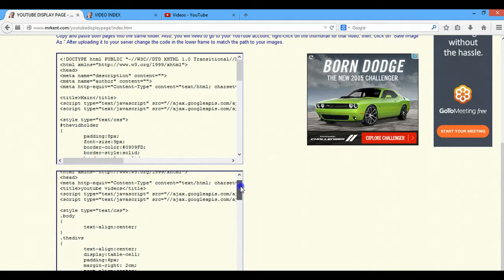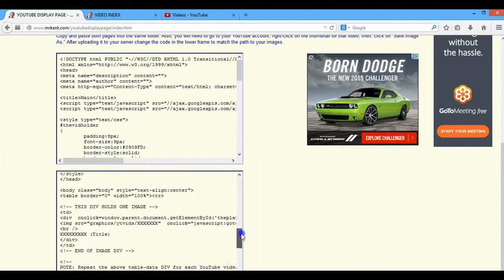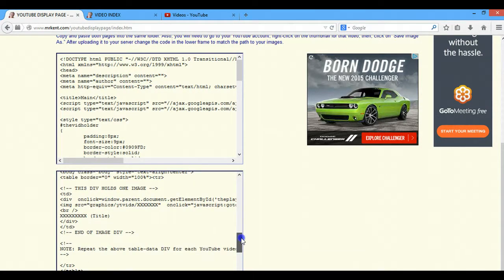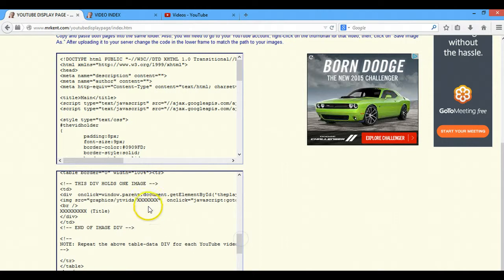When you look at the code that's built in here, where you see all these X's, that's where you're going to input your information. Okay, like there's one for the title, and then if I can scroll over, I don't know if I can get it to scroll over or not, but